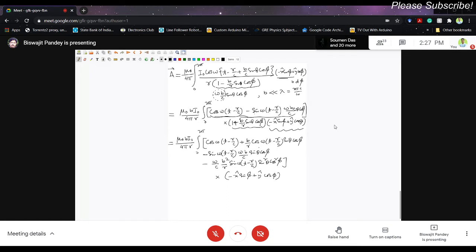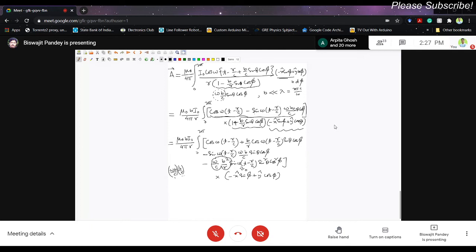Now let us analyze these terms carefully. I already told you that b/r is much less than 1. So b²/r, b is a small number, and ω/c, this is also as ωb/c. You get this by multiplying ωb/c into b/r. Both of them are small numbers, right? This is also much less than 1, this is also much less than 1. So if you take a product between them, it is like taking (b/r) squared. So this term will be negligible as compared to the other terms.